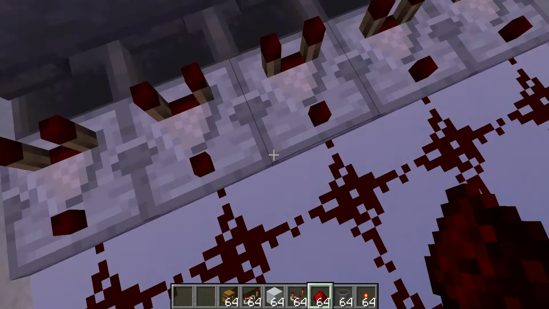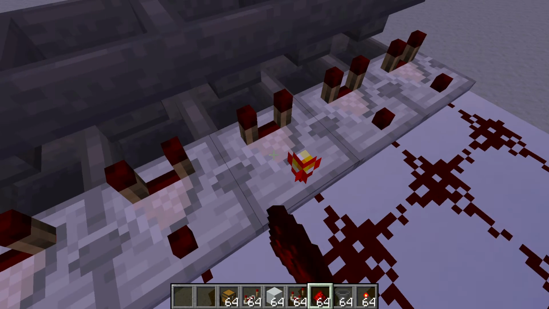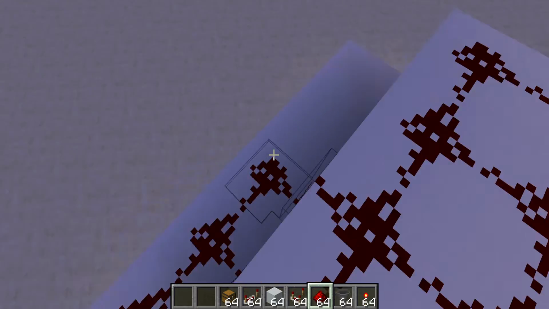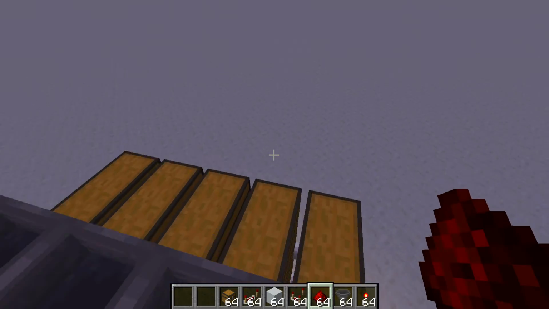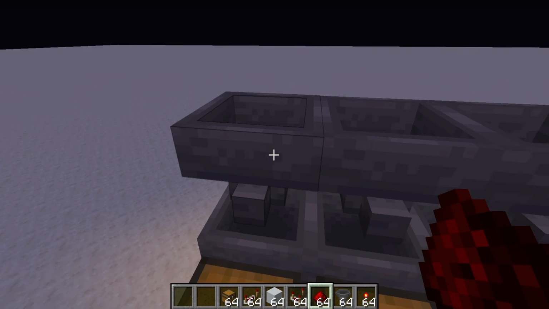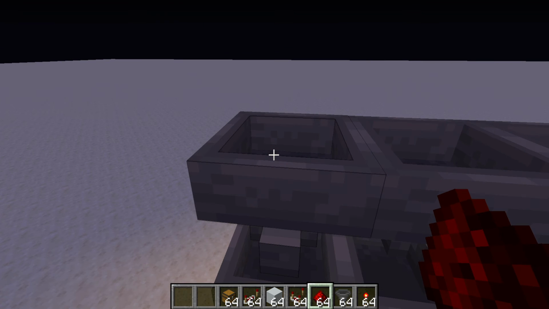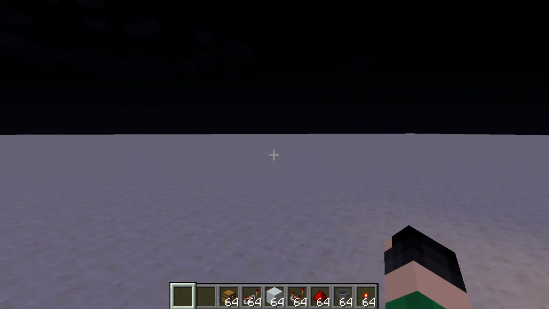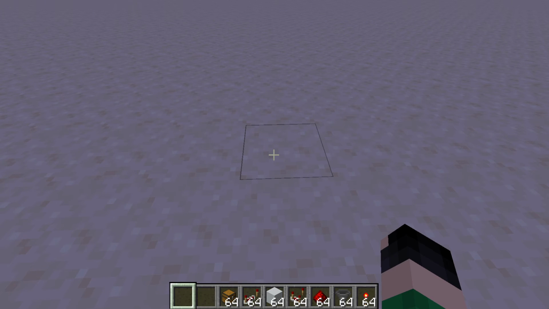Also, this little stub at the back should not be lit up like so. It has to be just normal. It should be dark. Once this is done, you have done most of your building. So now we can focus on programming it for exactly what items we wanted to go in. So then go away from this part and then just pick an item which you know you will